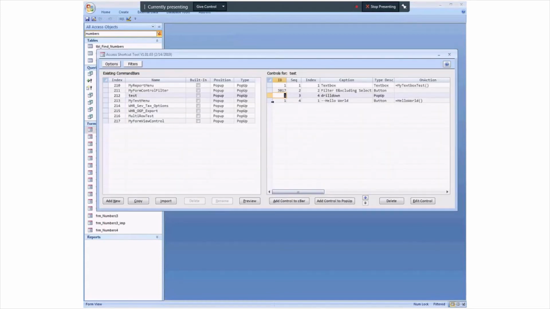Once you've got your shortcut menu built, you can move controls up and down. So if I want to move the filter and exclude back up to the top, I can do that using these. I can edit the controls. I can copy a control. Now this is one of the things we talked about. If we go back to